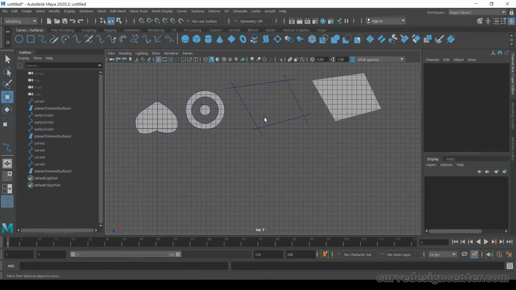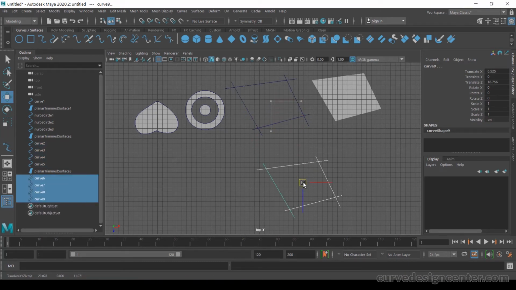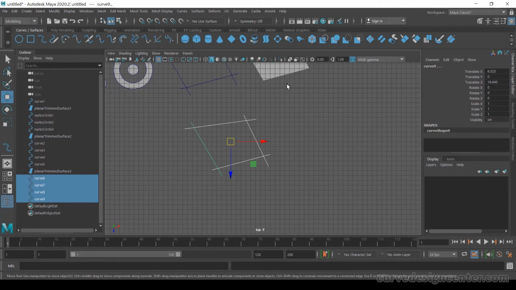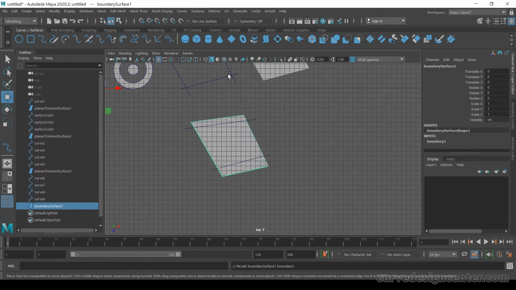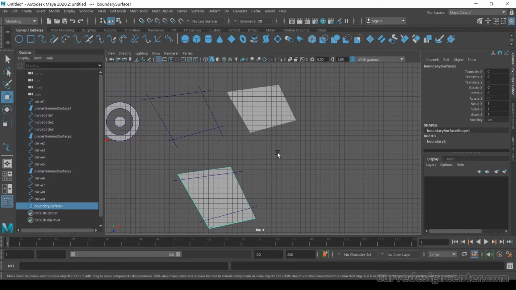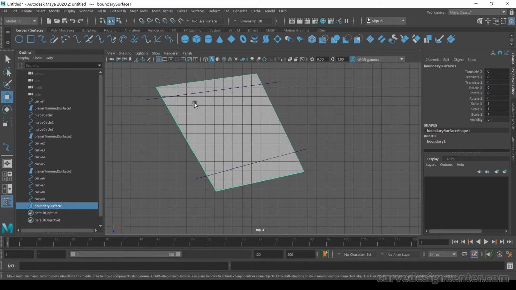If I select these lines and make a duplicate by Ctrl D and move outside, and then go to the surface menu and choose boundary. So boundary creates a similar type of surface, but the boundary tool is not precise. It goes outside of these intersecting lines.